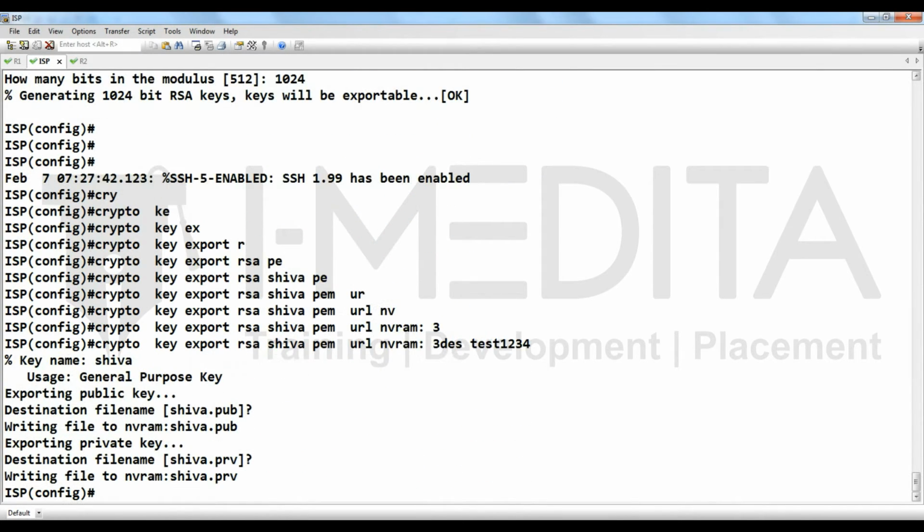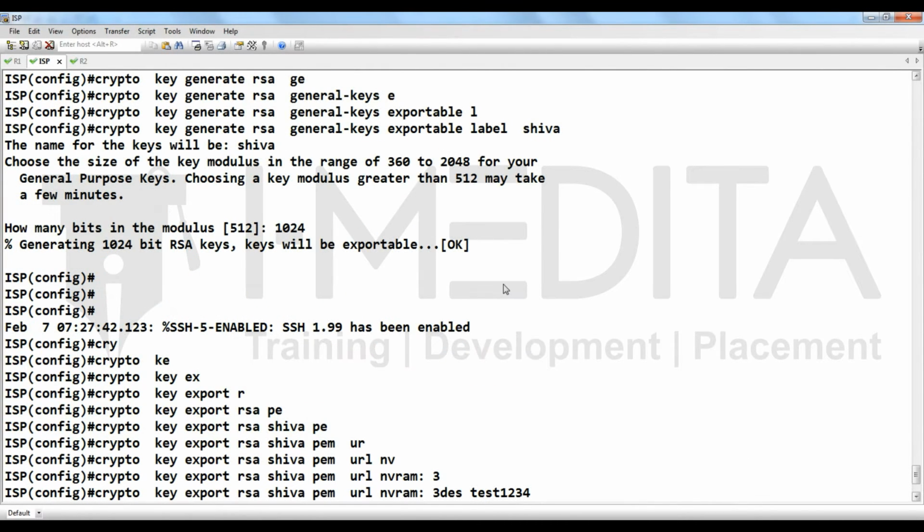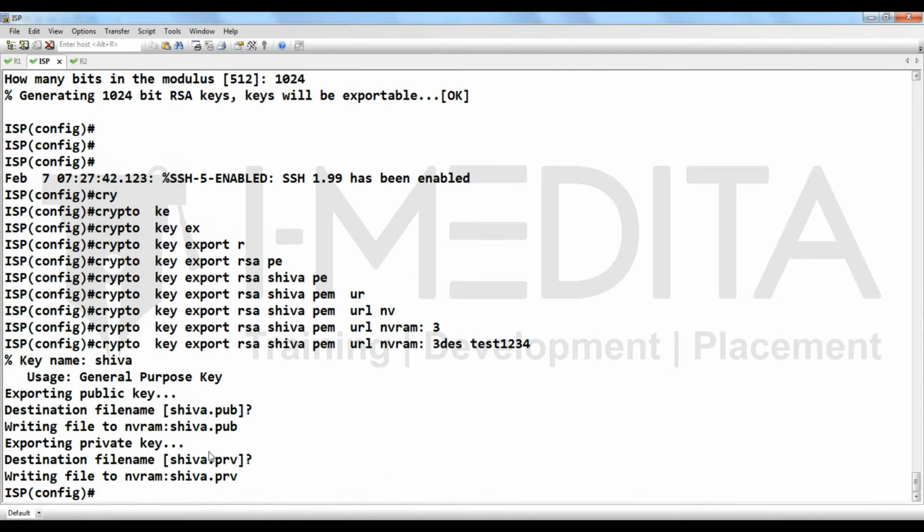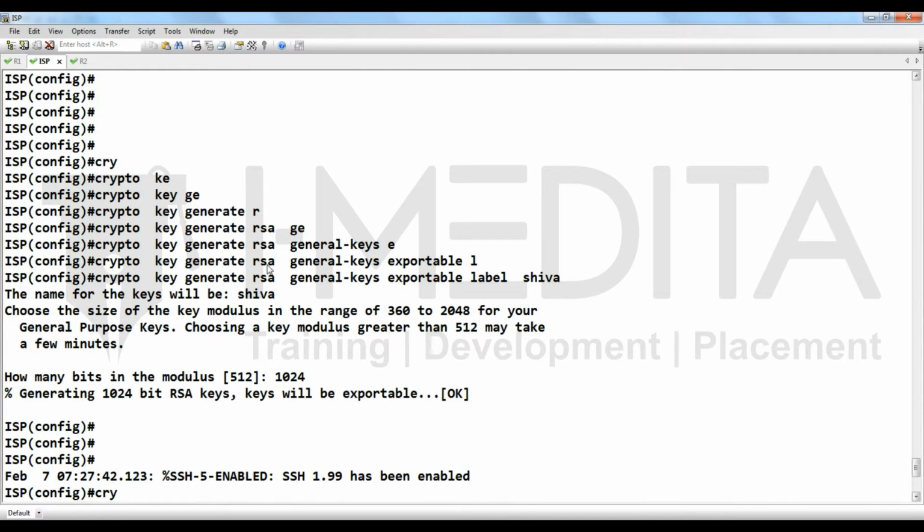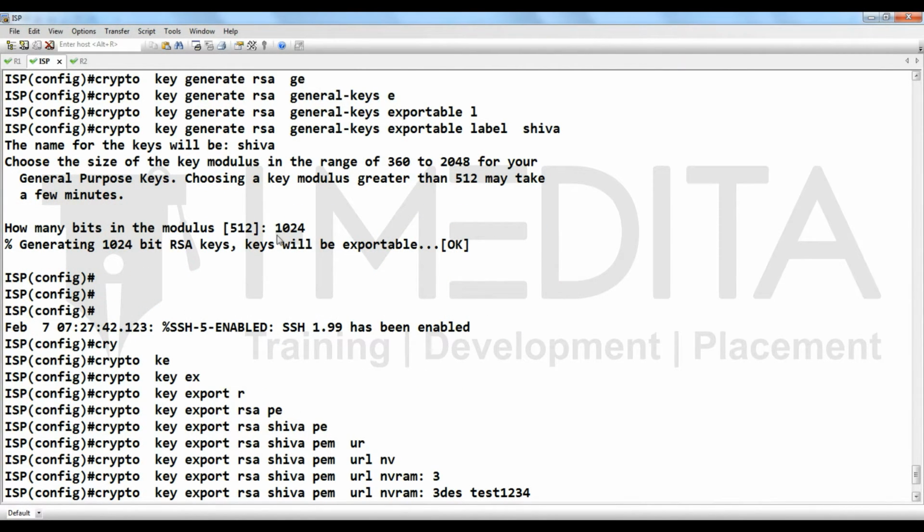As I demonstrated when I showed how to configure IOS CA, whenever we configure crypto keys, two types of keys are generated: public key and private key. First we generate crypto keys with any name and define the modulus length.